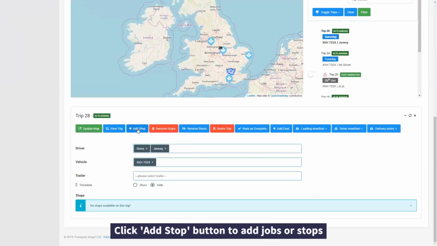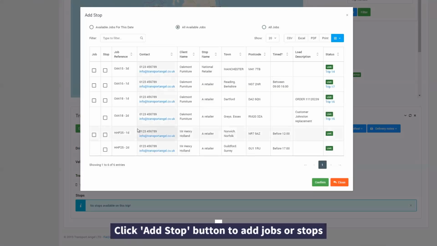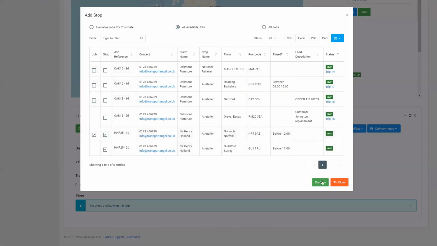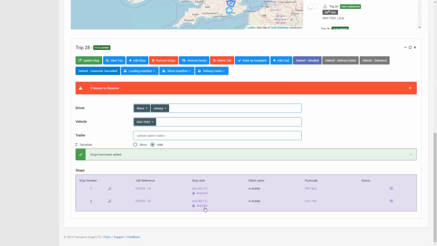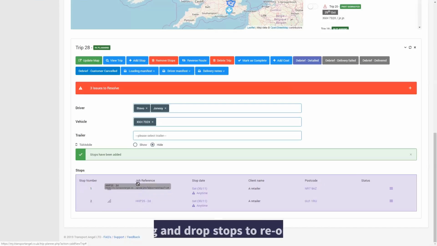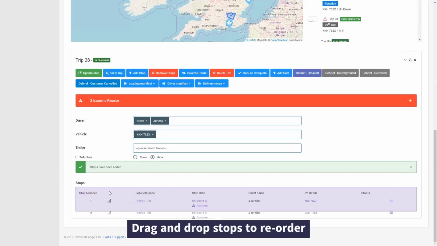You can add available jobs or stops to your trip in a variety of ways. You can drag and drop your stops to change their order,